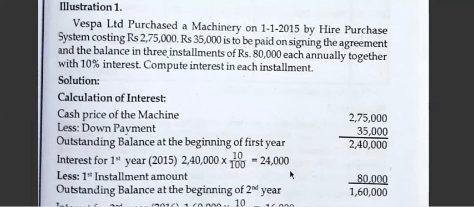The third case we will follow when the rate of interest is not given. The installment amount is given including interest, the cash price is given, but the rate of interest is not given. The last one was when the installment is given, the rate of interest is given but the cash price is not given. In that case, how to calculate the interest? There were 4 cases, so you have to read the problem properly, find out which case it is, and accordingly calculate the interest.